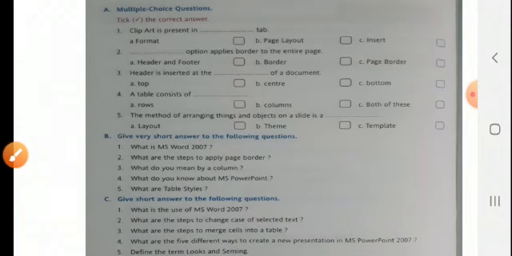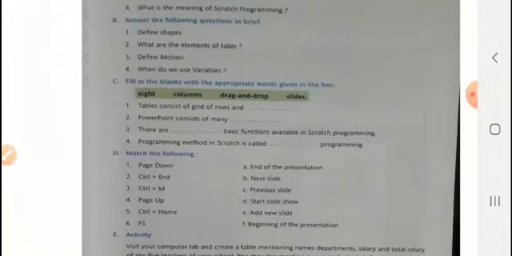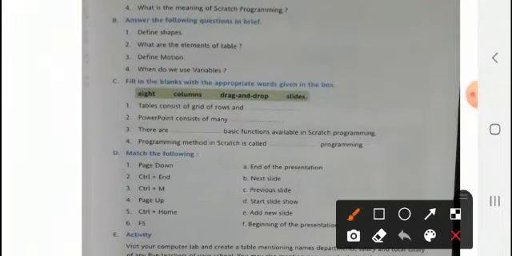So see first of all on page number 87 and C part, that is fill in the blanks. First of all, tables consist of grid of rows and column. Very simple question. Then second one, PowerPoint consists of many slides.